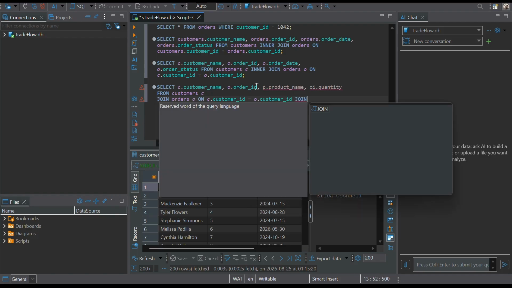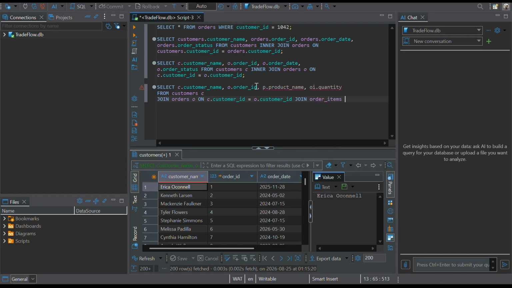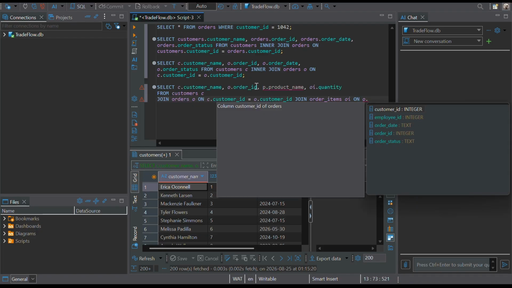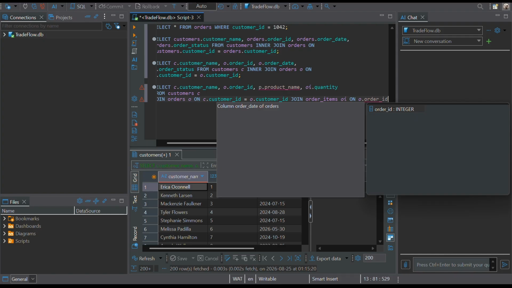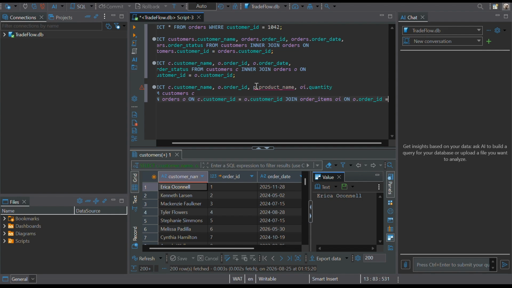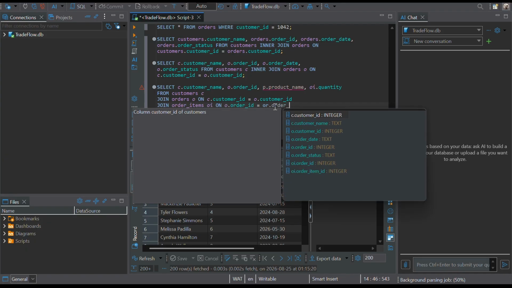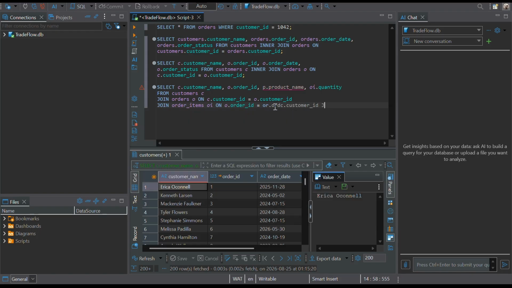Again, join order items OI, on O dot order ID is equal. I think I should bring this to a new line because it doesn't make any sense having this here. Yeah, this is much better. So O dot order ID is equal to OI dot order ID, and then join